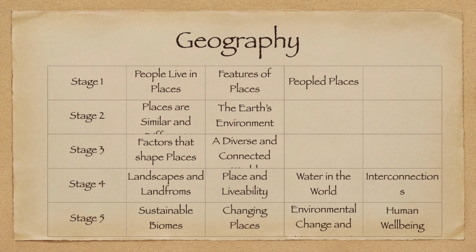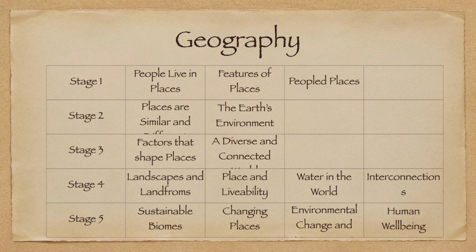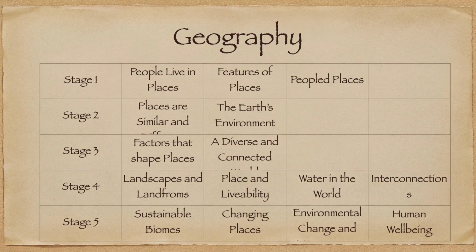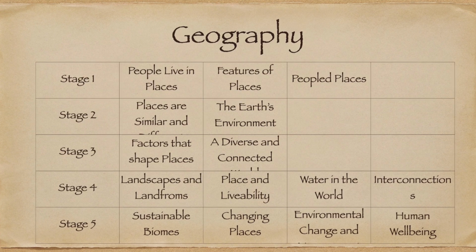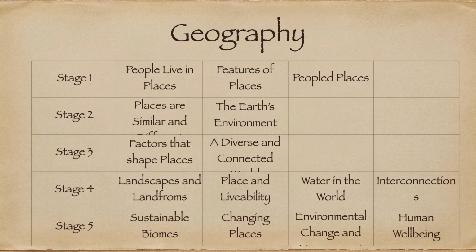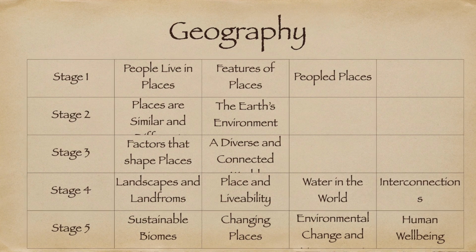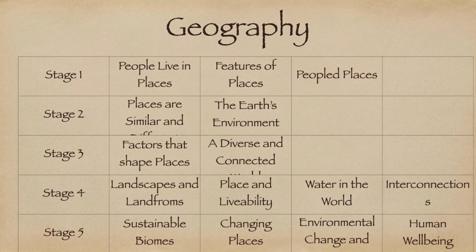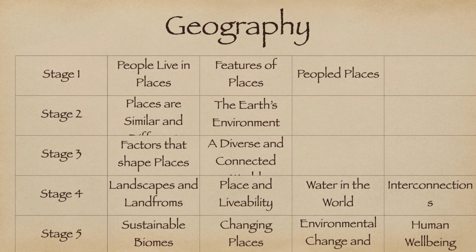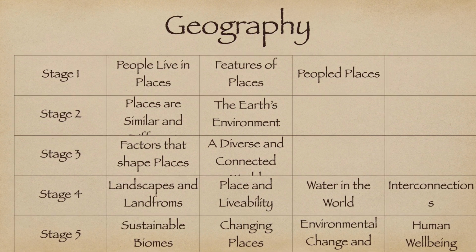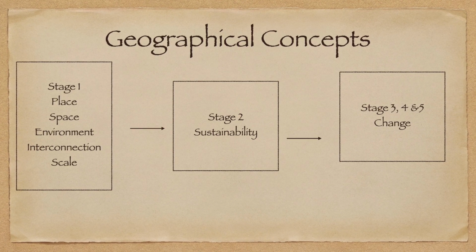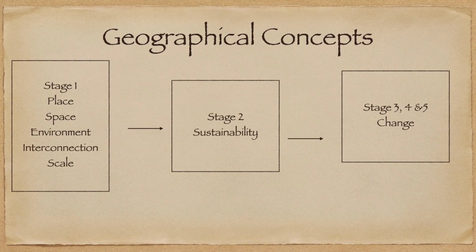You can see there's a crossover between history and geography. We're looking at people live in places in stage 1, and in stage 2 we branch out to places that are similar and different, and the Earth's environment. In stage 5, we're looking at geography on a more global scale. That's why the topics change from people and places to environmental change,